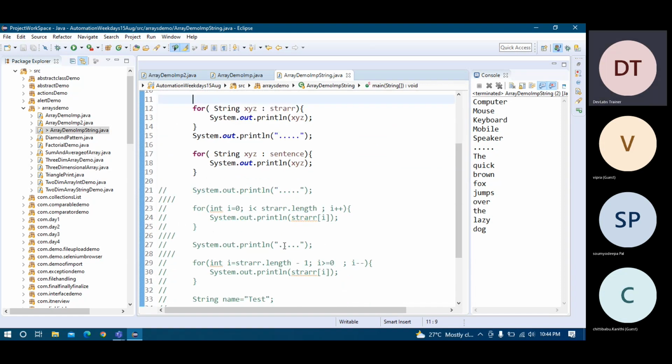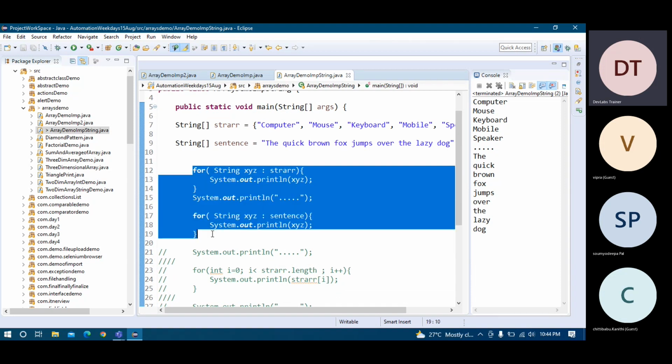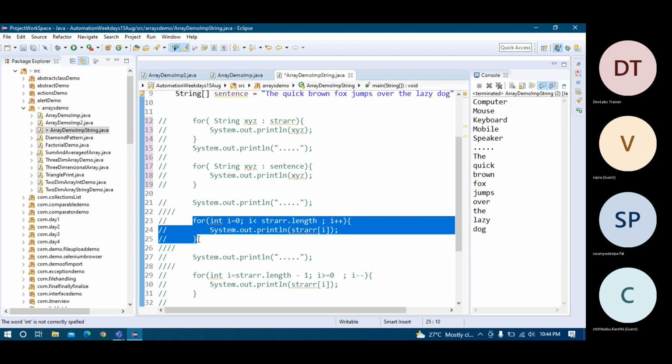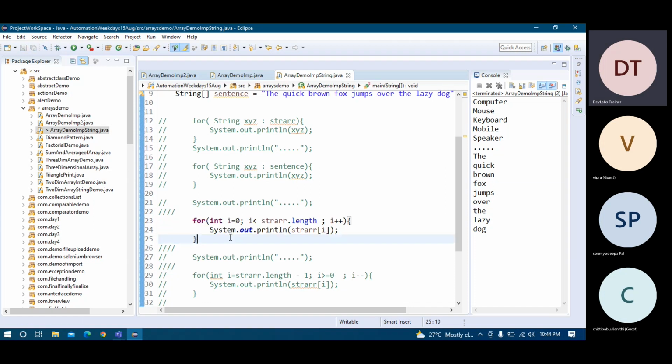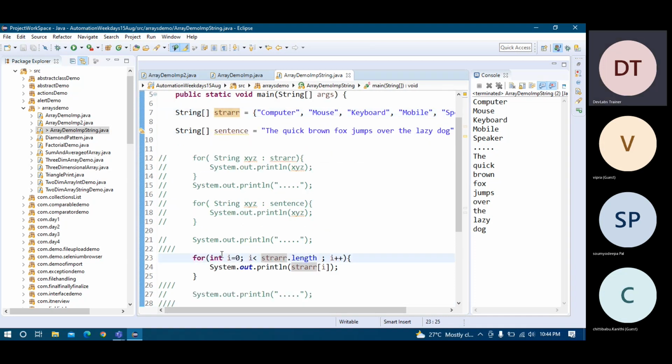Now you are printing here. Now this is a standard way using for loop, advanced for loop. If you want a normal way of printing, you can do that. And how to do that? By index base. As you know, we have normal for loop which works on the index basis. So what do you have to do? You have to take the array name, and the I is for index. So I am taking I as index 0, because you know for array, the index position will always start from 0. So I am taking index position from 0.